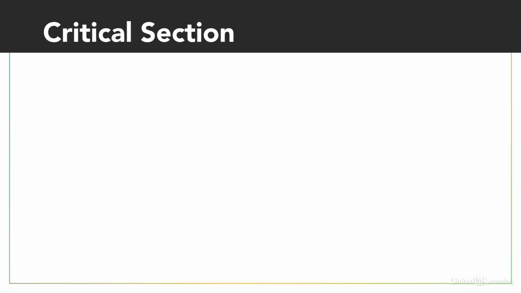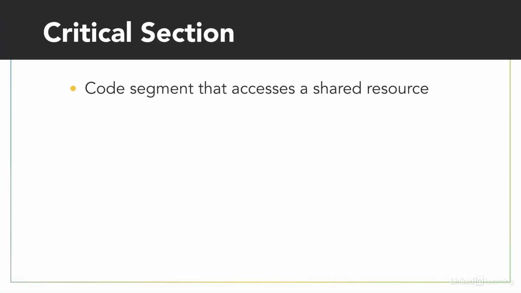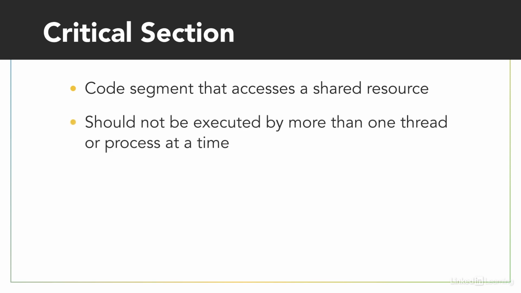Anytime multiple threads are concurrently reading and writing a shared resource, it creates the potential for incorrect behavior, like a data race. But we can defend against that by identifying and protecting critical sections of code. A critical section, or critical region, is part of a program that accesses a shared resource, such as a data structure in memory or an external device, and it may not operate correctly if multiple threads concurrently access it. The critical section needs to be protected so that it only allows one thread or process to execute in it